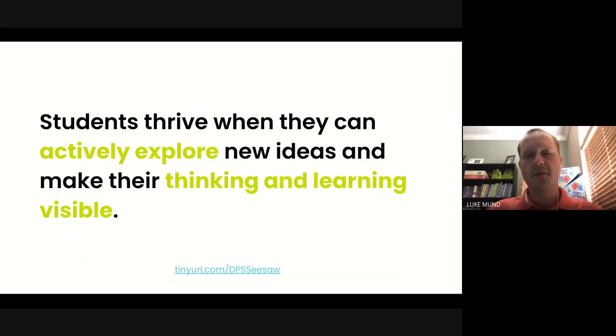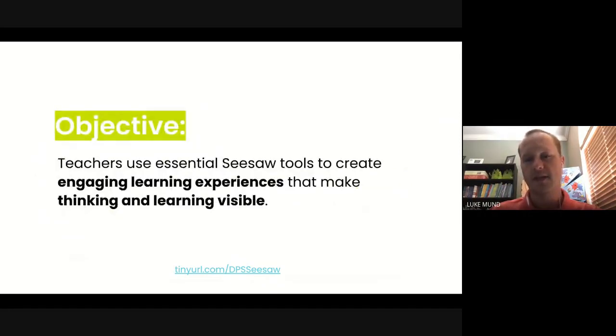So today we're going to be focusing a lot on active learning and getting our students to be thinking and getting their learning visible. We can have them do worksheets, we can ask them questions and have them respond. But in Seesaw today, you will see how our students can get things in a deeper way and really explain their step-by-step instead of just turning in products at the end, so that we can see the learning process. So again, it's that thinking and learning being visible that we really want to focus on today and really engaging our students.